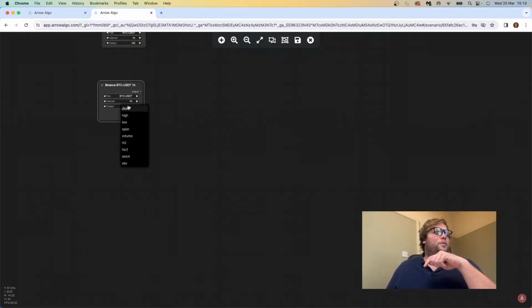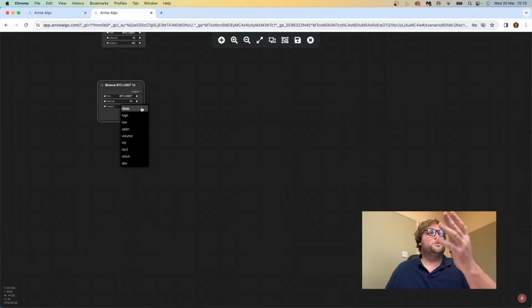And then the output we're going to be feeding out. The idea is that the data will flow across the chart from left to right. So which data element do we want to output? Is it the closing price, high price, low price? As you look at a trading candle,